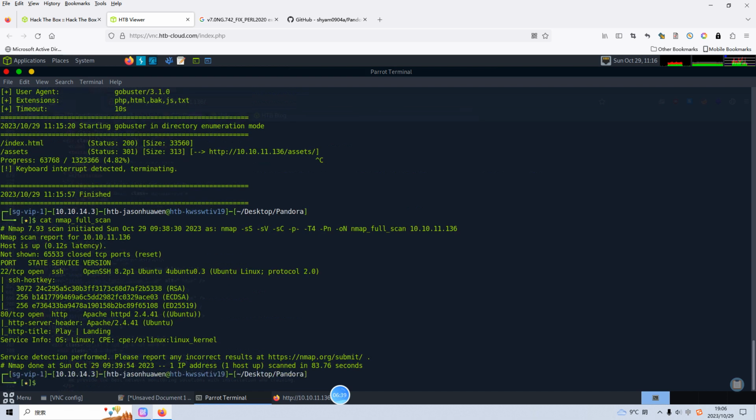Yeah, as you can see, I use the scene scan, the version scan, and also the default script scan. All these options are used to scan the TCP-based services. So I think it's time, because we cannot get any entry for the target, so maybe we need to do UDP scanning rather,